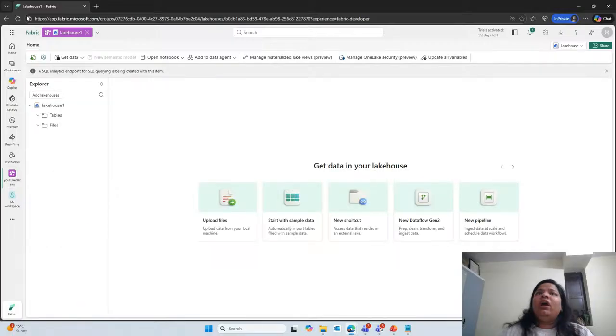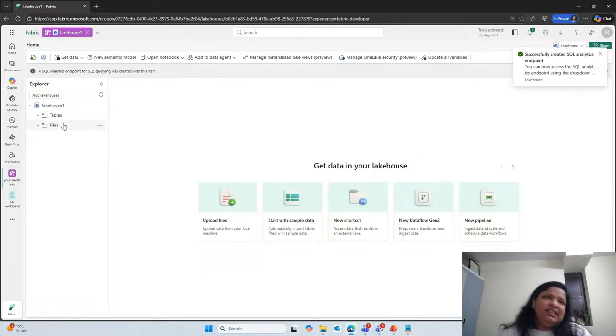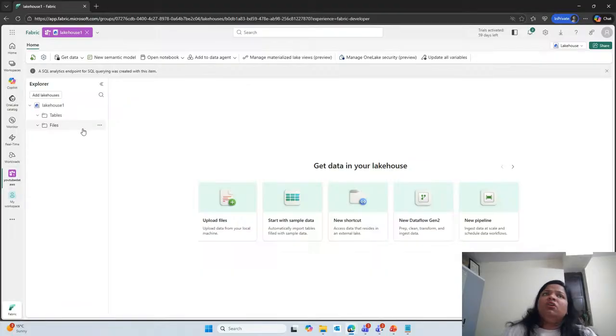So when you have got your lakehouse, under this interface, you have two sections. You have the tables section and you have the files section. Let's say I have a CSV file and I wanted to work with that CSV in this lakehouse environment. So I need to bring that data to this lakehouse environment first, because the CSV file is available at my place locally. So how will I upload it?